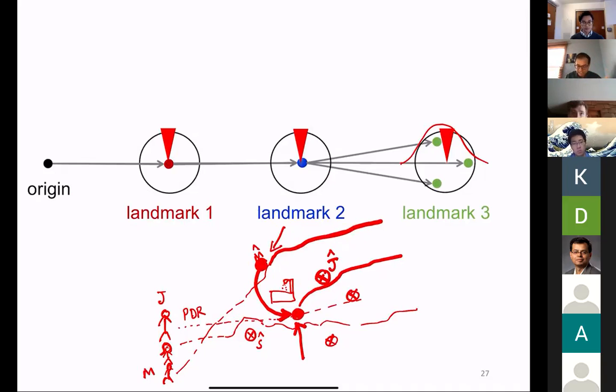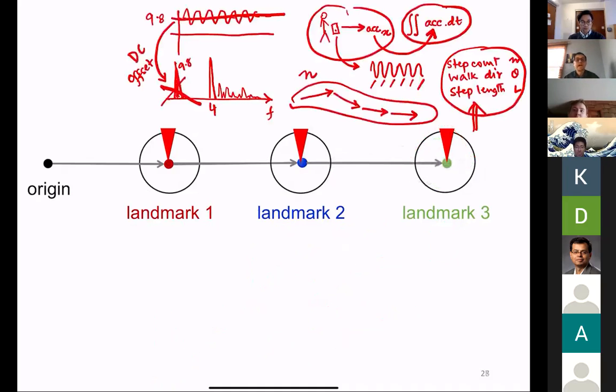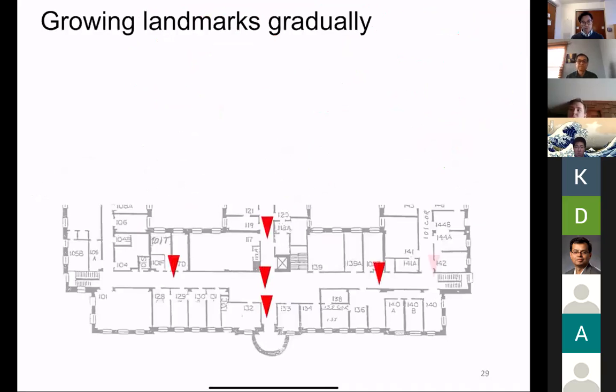And now the next landmark that you encounter, let's say that's a computer server room, which has a magnetic landmark, you again estimate the landmark based on the corrected path. Okay? And this is the way you estimate all the landmarks. And remember, the better landmarks correct your PDR. The better PDR corrects the landmarks, and this keeps happening.